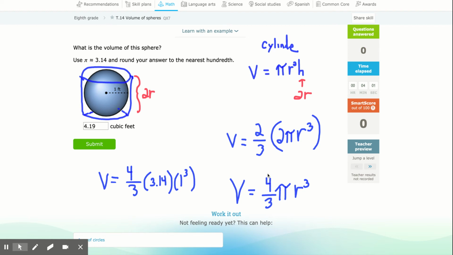Welcome. In this lesson, we're going to learn to find the volume of a sphere or a ball. Now, the easiest way to remember this is that we want to think about a cylinder that the ball barely fits in. If the ball barely fits in the cylinder, then the radius of the base of the cylinder is the same as the radius of the ball, and the height of the cylinder would be the diameter, or twice the radius. So the cylinder's volume that this ball fits into would just be pi r squared h,